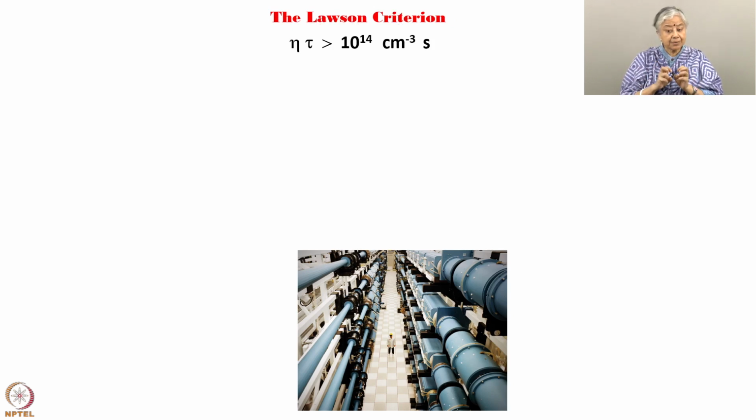Then you have to keep them close together over time, so that they fuse and then they release that energy. So, Lawson came up with an approximate equation like this, where n tau should be greater than 10 to the power